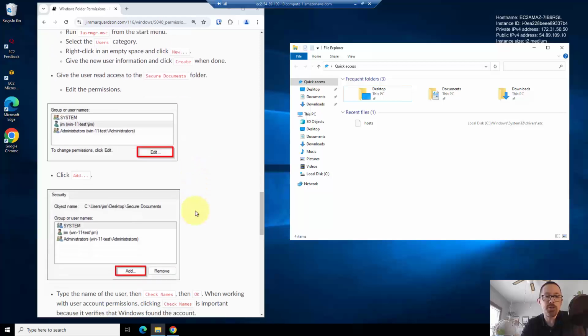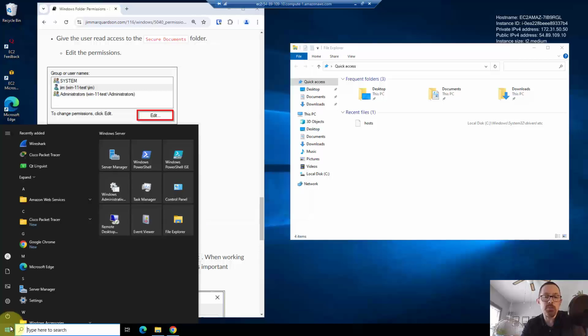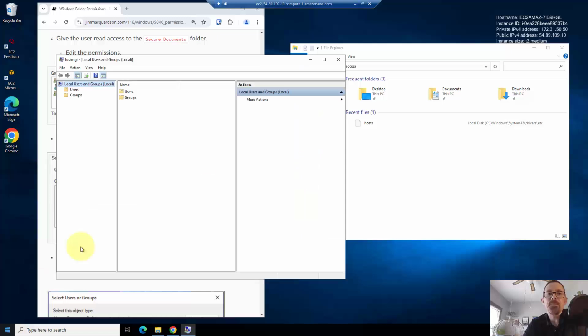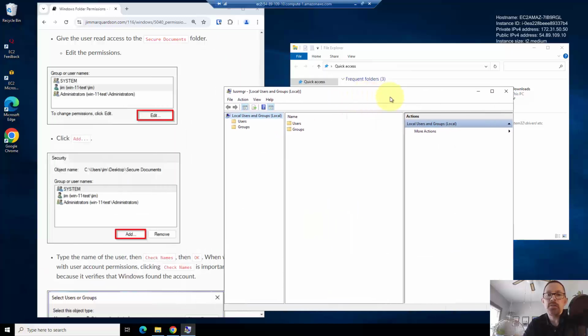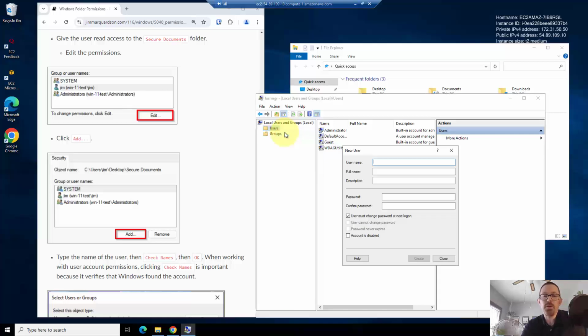I'll create the user first just for funsies. I'm going to, in the start menu, type lusrmgr.msc, the local user manager. And I'm going to just select users, right click on it, click new user, and I'll call it